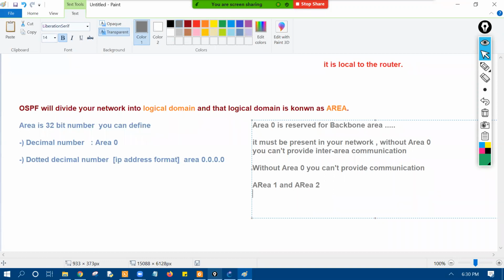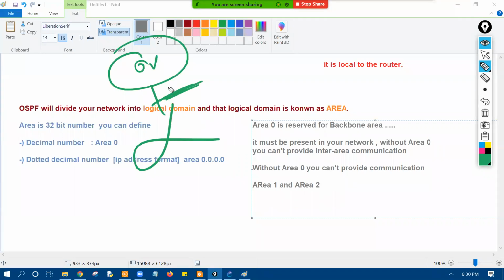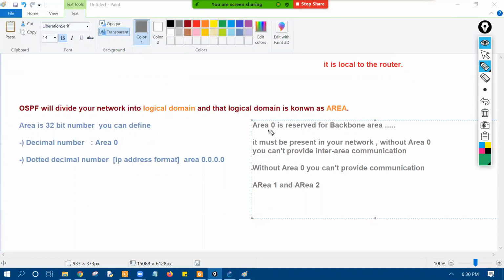It should be present. Area 0 is a backbone, what does that mean? A person has a backbone, right? Without a backbone, they cannot even stand. So without the backbone area, OSPF cannot work. You cannot design your network without area 0. It must be there. For example,